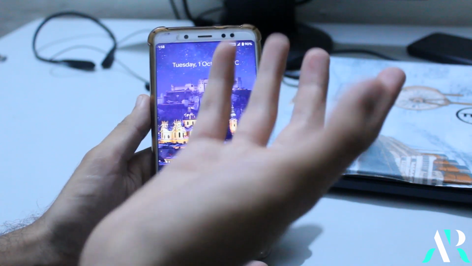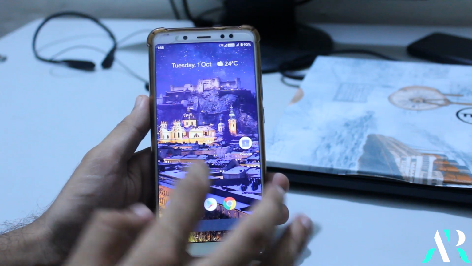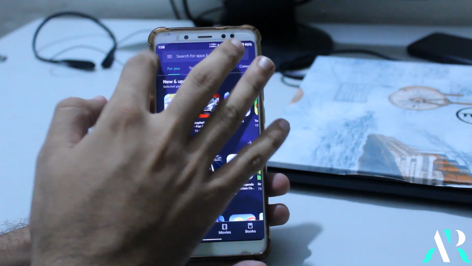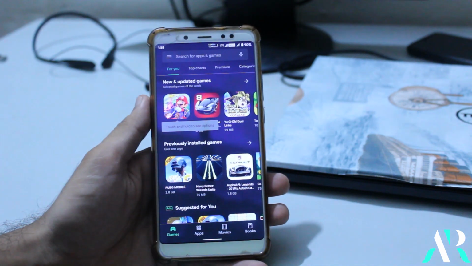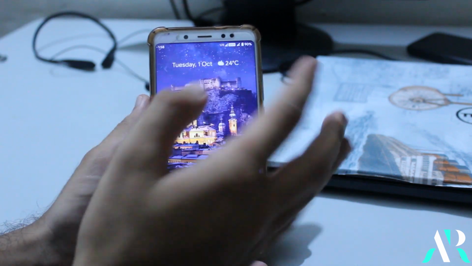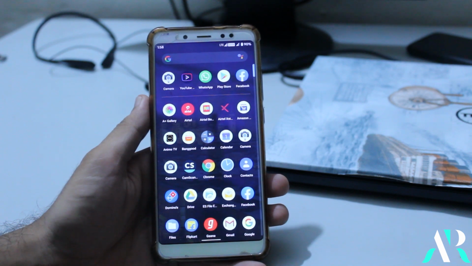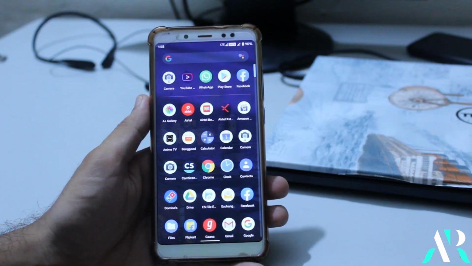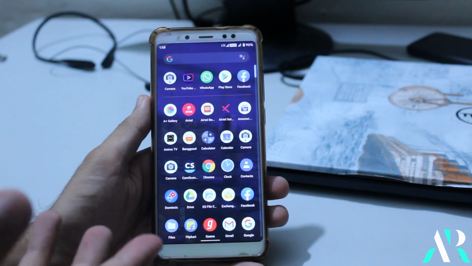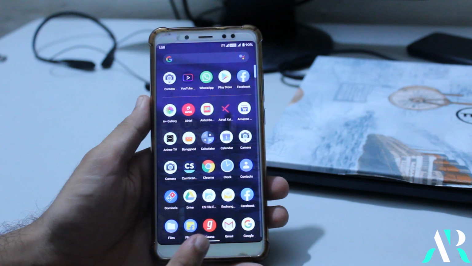I don't think so, because the hamburger menu doesn't appear when you go to the Play Store and try to swipe like this, it goes back. In the past, in Android 9 and 10, when you do this, the hamburger menu appears, but it is not happening here. That's why I don't like this, because MIUI gestures in this part are the best, and OnePlus also. So maybe they will include the OnePlus gestures in the upcoming Android 10 ROM, but it is stable, and as compared